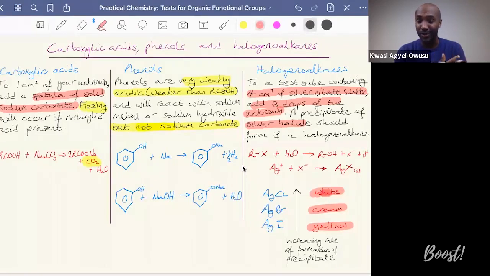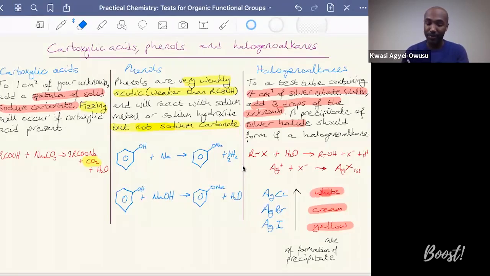Sorry, I think I do have an error on my slide here. So that should be, I've just noticed that, there we go. So that should have been decreasing rate of formation of our precipitate. Okay, so